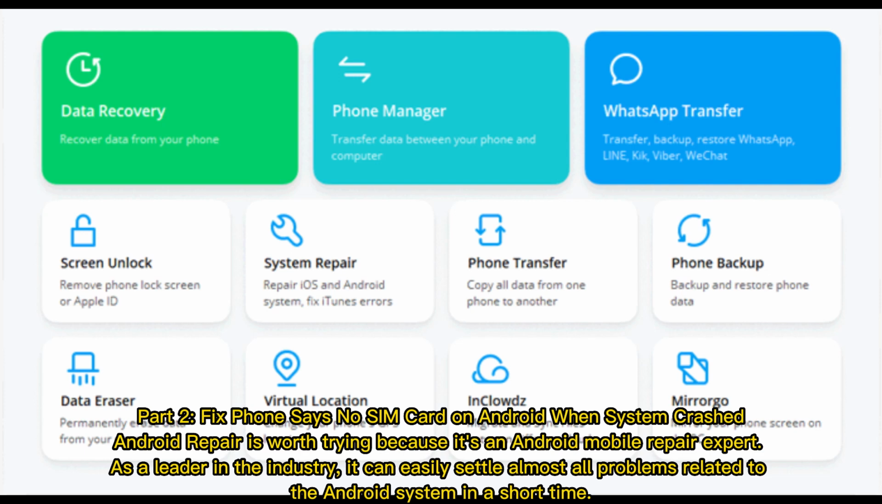Part 2. Fix phone says no SIM card on Android when system crashed. Android Repair is worth trying because it's an Android mobile repair expert. As a leader in the industry, it can easily settle almost all problems related to the Android system in a